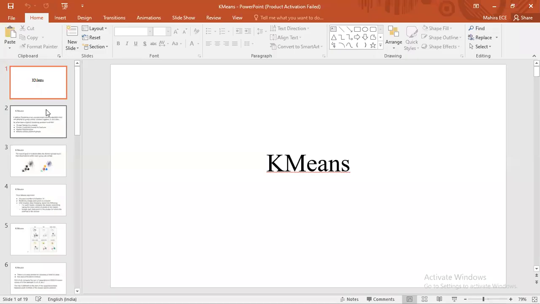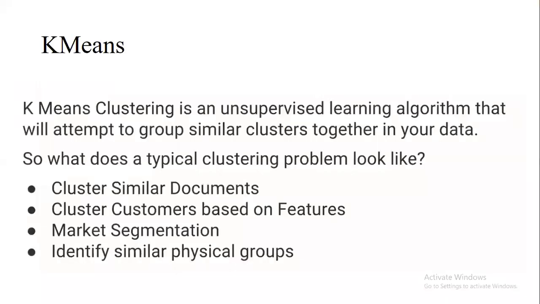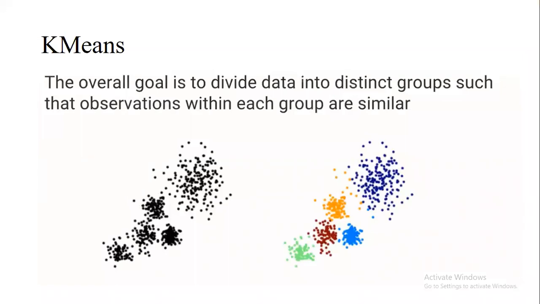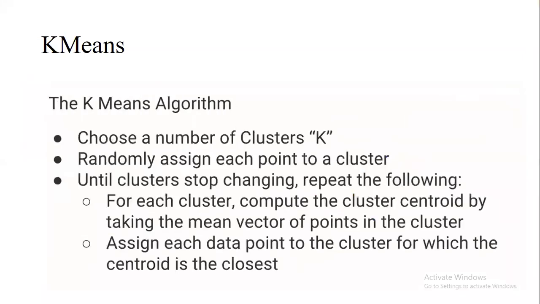The second thing is we'll first discuss the theory. This algorithm is mainly used in clustering. Whatever you are going ahead with, we are going to apply clustering. Clustering is nothing but classification. The main goal of the k-means algorithm is to make groups. Making groups is the main goal of your k-means algorithm.